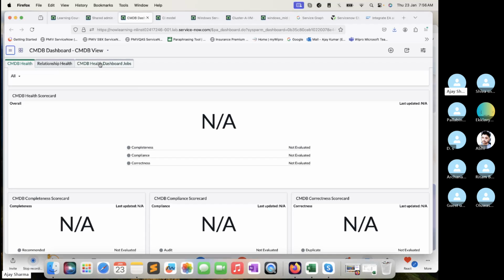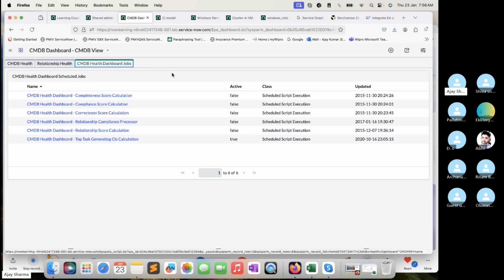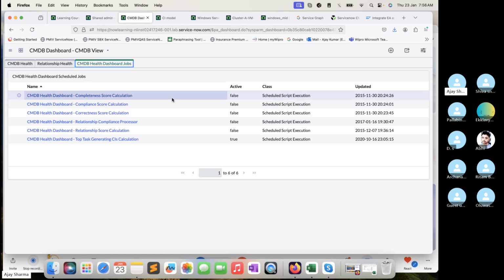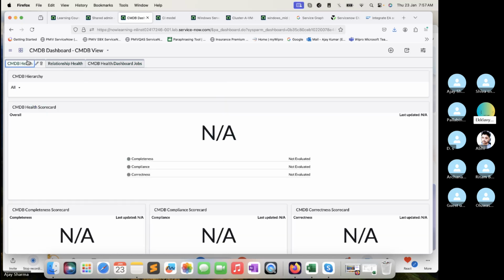I will configure you, and there are some jobs running in the backend, which update this particular health dashboard based on the time, whenever we have configured this particular job to be executed. Honestly speaking, these are kind of bouncers which are going overhead, not able to correlate, not able to see that, because when you say